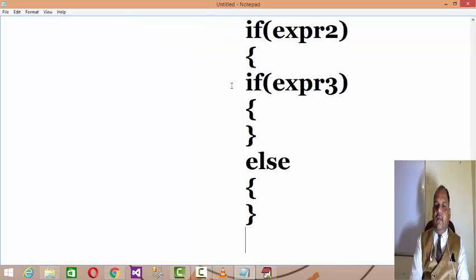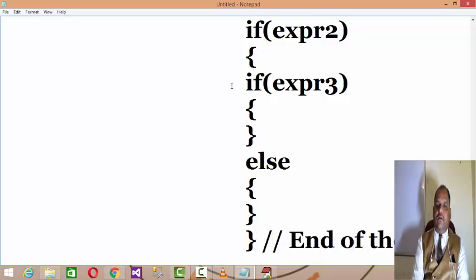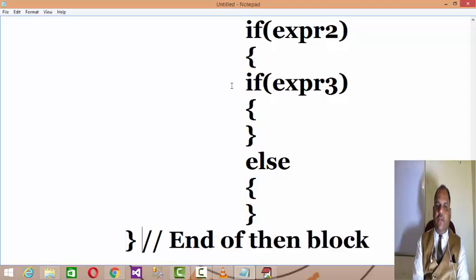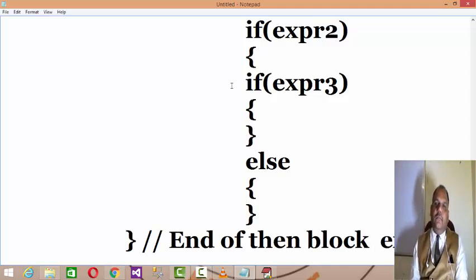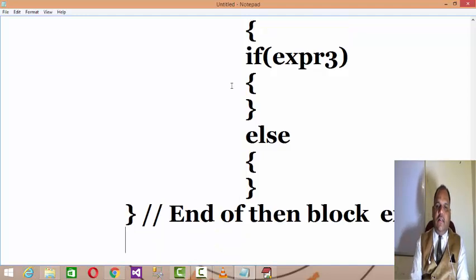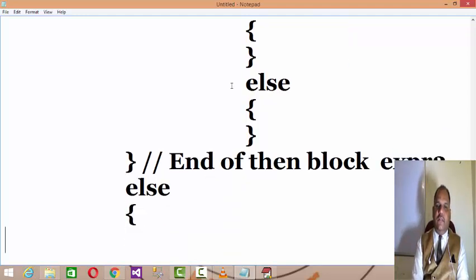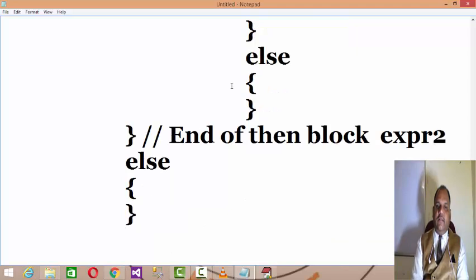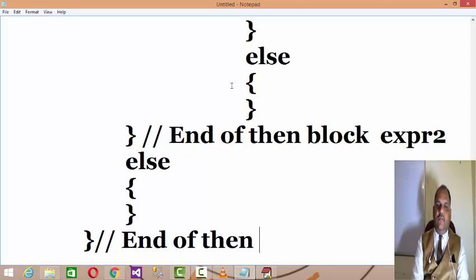This is the end of the then block of expression 2. In this manner you can nest multiple conditions. Then it's the else block of 2, and here is the end of the then of the first block.